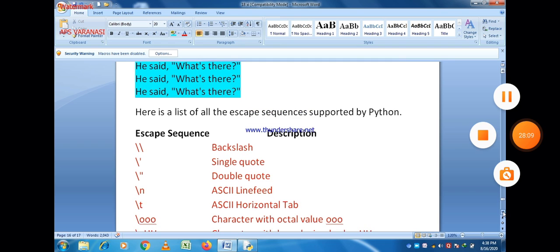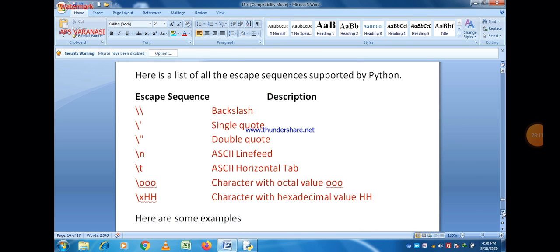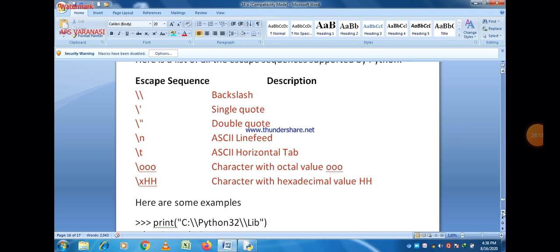Now these are the different escape sequences as shown on your screen. Double slash or backslash, and if you write a slash with the single quotation mark, that is the escape sequence for single quotes. Backslash with double quotation mark is the escape sequence for double quotes. If you write slash n, then the line will be changed.